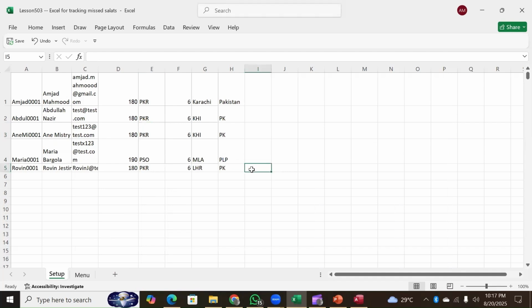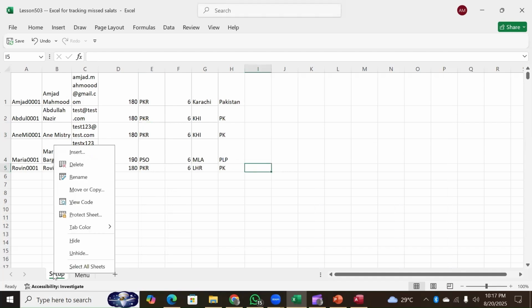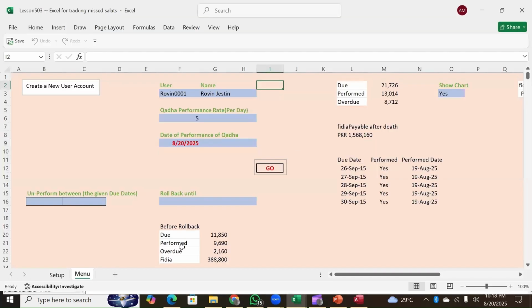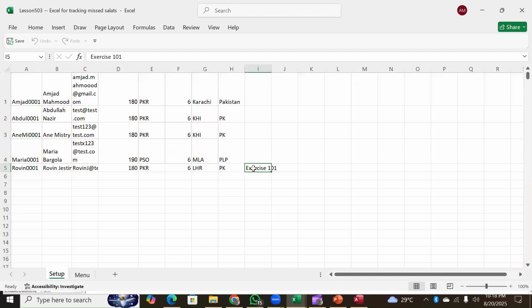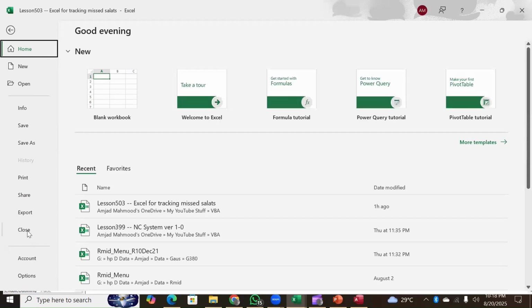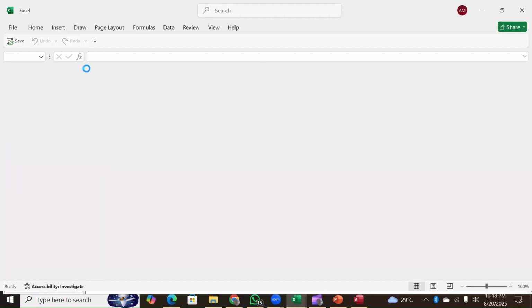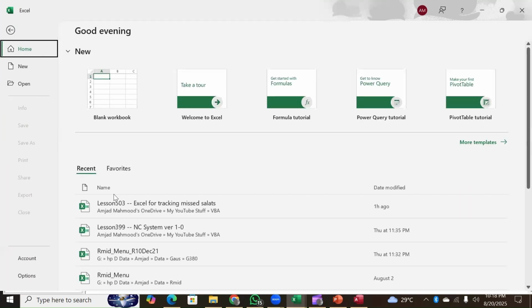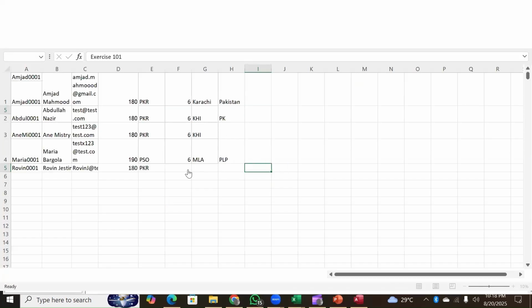Now, when we wrote this, we remove it, and when we run it, it means we are opening the file. At the time of opening, this will happen. So let's see it. It has done it, right? It has opened. So in the setup, you will see that it reappears. You can close this file and reopen it, and you will find it this way. When you open it, it will reappear. This makes sure that all the